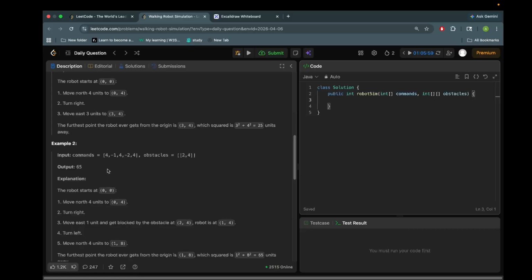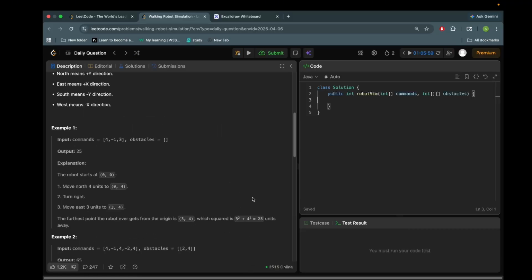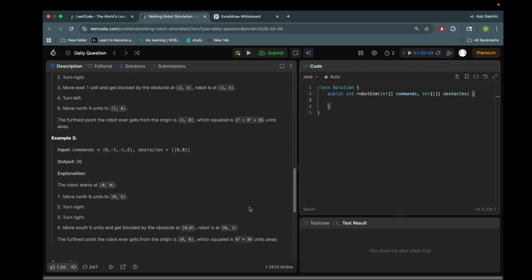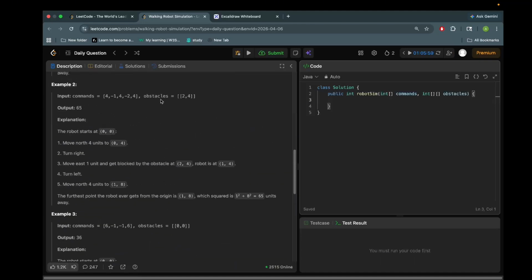again turn left 90 degrees, and we go 4, so we go back to -3, 4. So we are at -3, 4, so that would mean turn left, move north